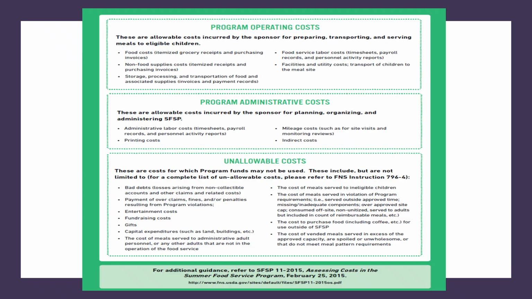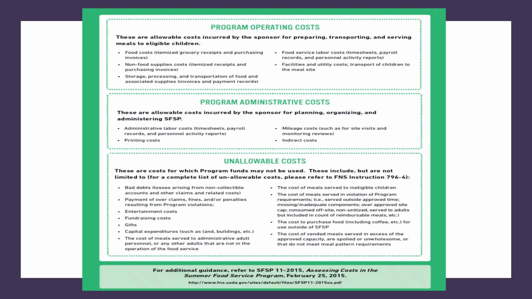Unallowable costs. These are costs for which program funds may not be used. These include but are not limited to bad debts, payment of overclaims, fines and/or penalties resulting from program violations, entertainment costs, fundraising costs, gifts, capital expenditures, the cost of meals served to administrative adult personnel or any other adults that are not in the operation of the food service, the cost of meals served to ineligible children, the cost of